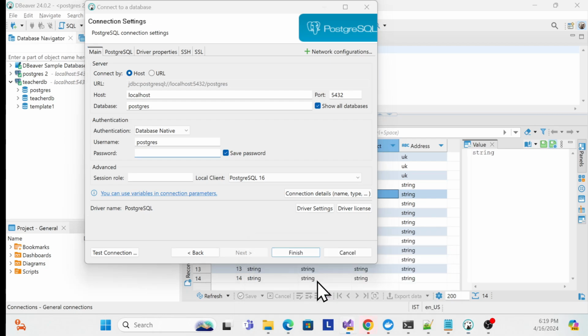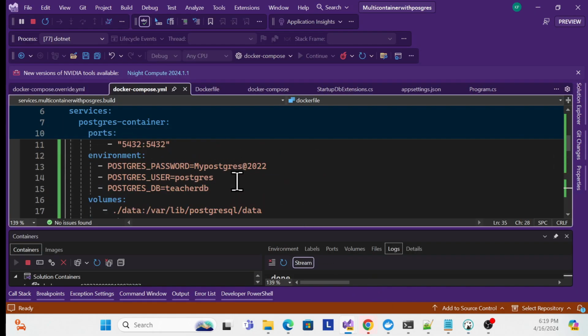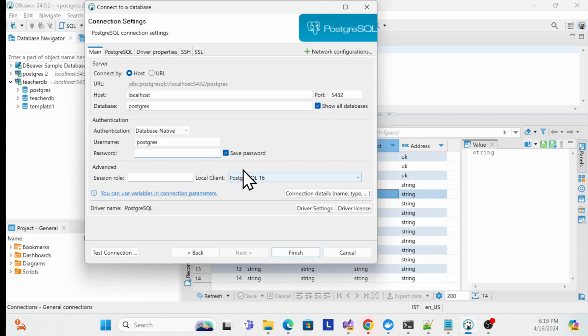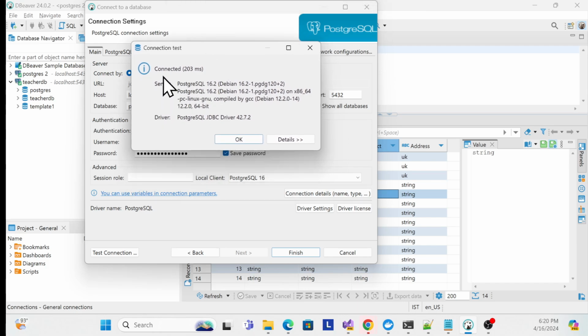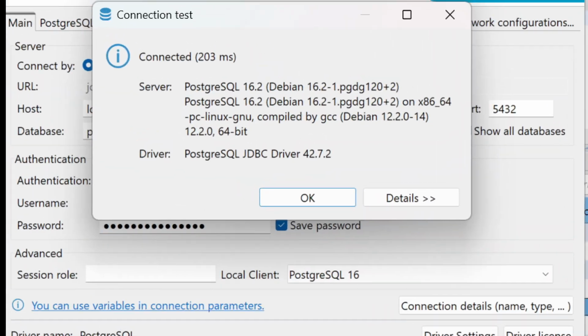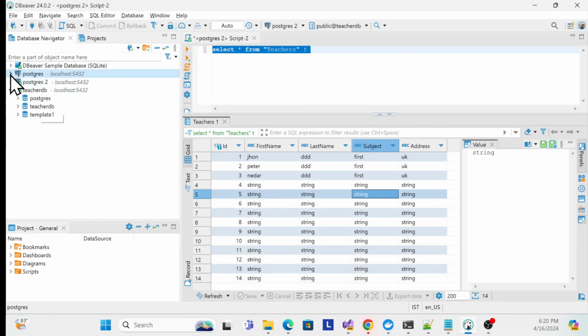So what is my password? Go back to here, and this is my password, right? So let me copy this and add the password. Okay, and then try to connect. If you are doing it the first time, it will definitely try to download some dependencies. After you download, see it is clearly saying it is connected, right? And once I click okay and finish, you are able to see your database over here, and this is the teacher db